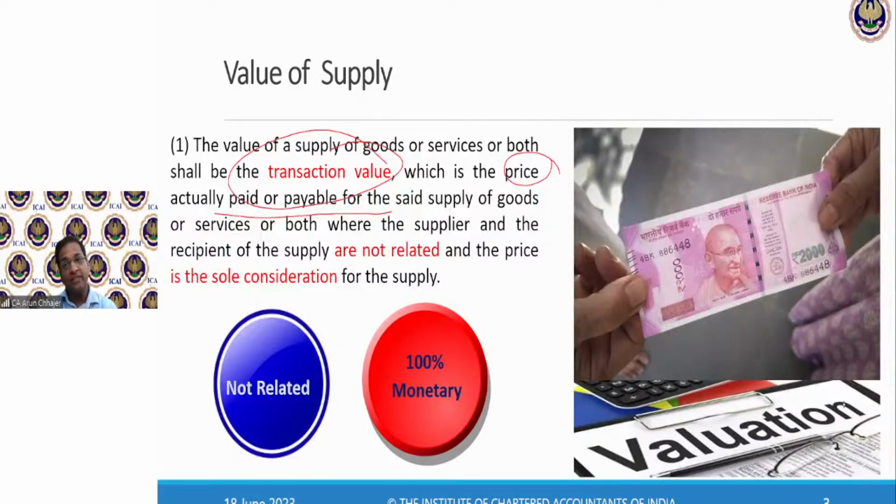GST needs to be charged on rupees 1800 multiplied by the number of pieces, because that is the price which is actually paid or payable. Now in the evening, one MNC company approached and told me that it would like to distribute this wristwatch on Diwali as a gift to all its 200 employees. I have given the price of rupees 1500. It means the transaction value, the price which is actually paid or payable, will be taxable and GST needs to be charged on it.